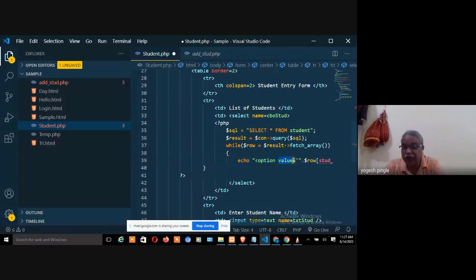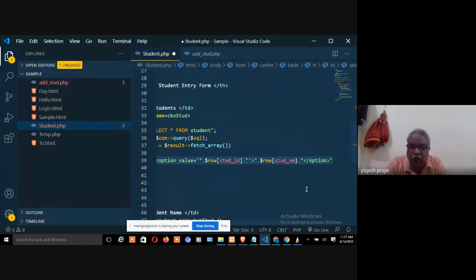Fine. Value is also there. Now in value, what do I have to do? In value, I have to bring the good ID. So look at the syntax very carefully. Value, fine. Just see the single quote over here and single quote at the end.